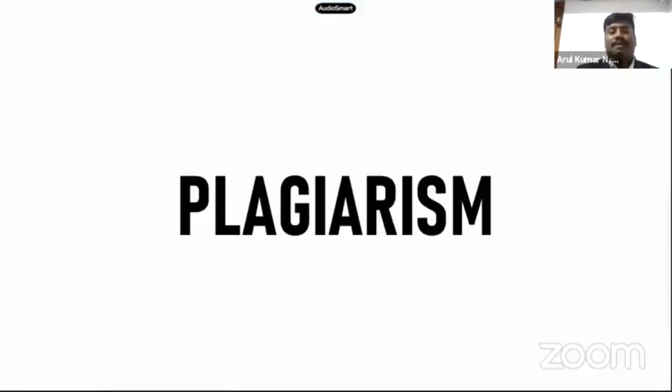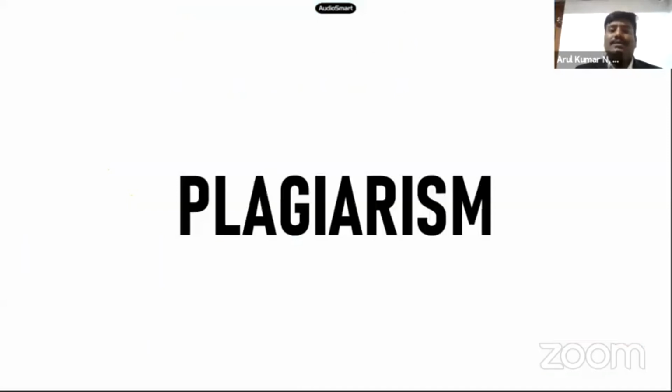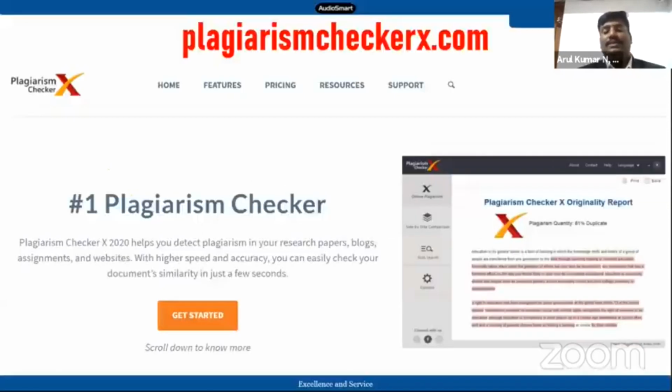purpose. Plagiarism checker, as there are different plagiarism checkers. I suggest this particular plagiarism checker which is available online. The lifetime license for this software is only 2,800, I think. It will be useful when you have a department. You can purchase a common software license. We can check the plagiarism from your students.